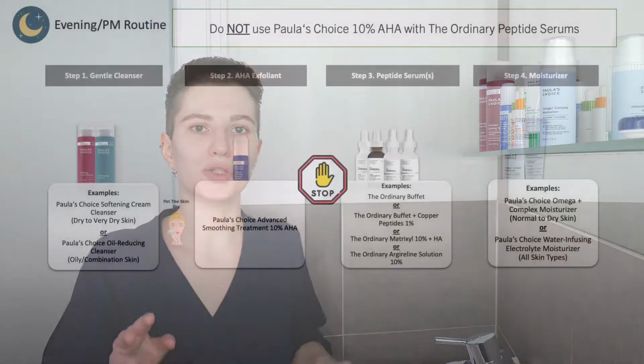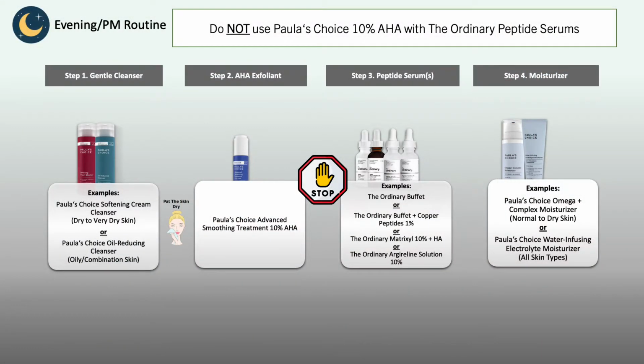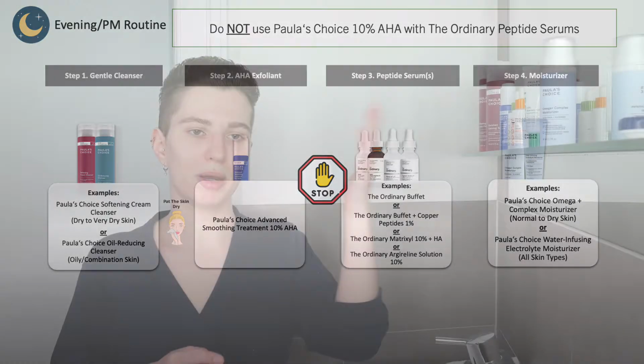So if you have one of the ordinary peptides or multiple ones of them at home, please avoid using Paula's Choice 10% AHA exfoliant in the same routine when working with one of the ordinary peptide serums. Please keep them separate. Use your peptide, for example, in the morning, your exfoliant in the evening. So just use them in separate routines. This is like the major conflict which can actually happen, where you're going to loosen or reduce the efficacy